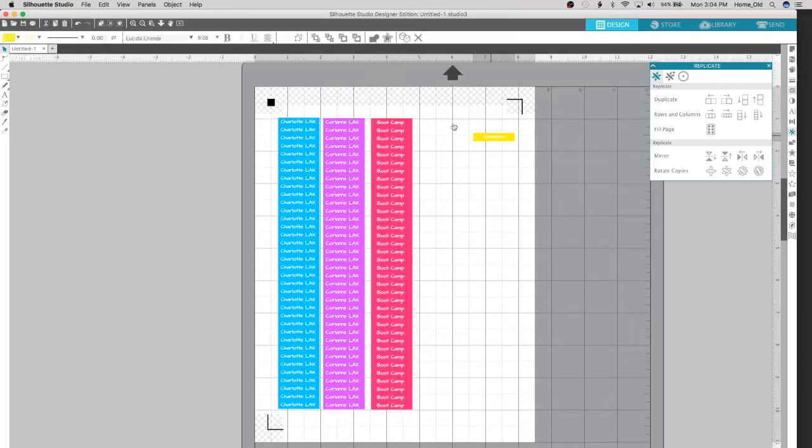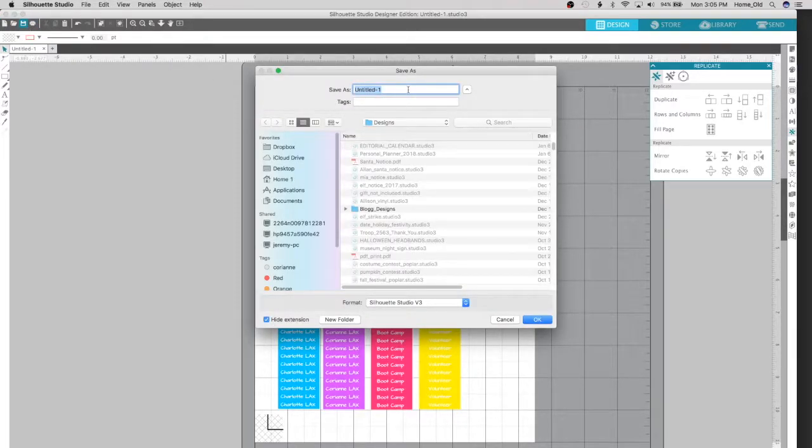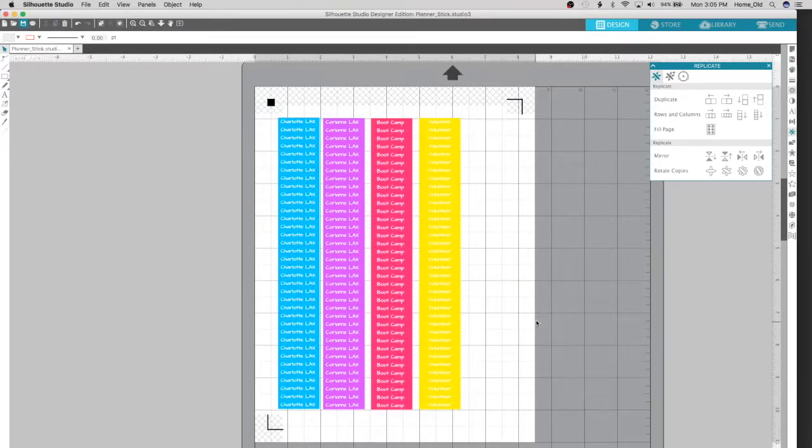All right, one more. I probably have room for another sticker on here, but I'm just going to use this for now. All right, so now that we have that, I'm going to delete this last one because it's outside of the cutting range. What we're going to do is, well, first of all, make sure you save your design, just because you never know when your computer is going to crash in the middle of doing something. So I'm just going to name it Planner Stick. Okay, so now that we have everything saved,